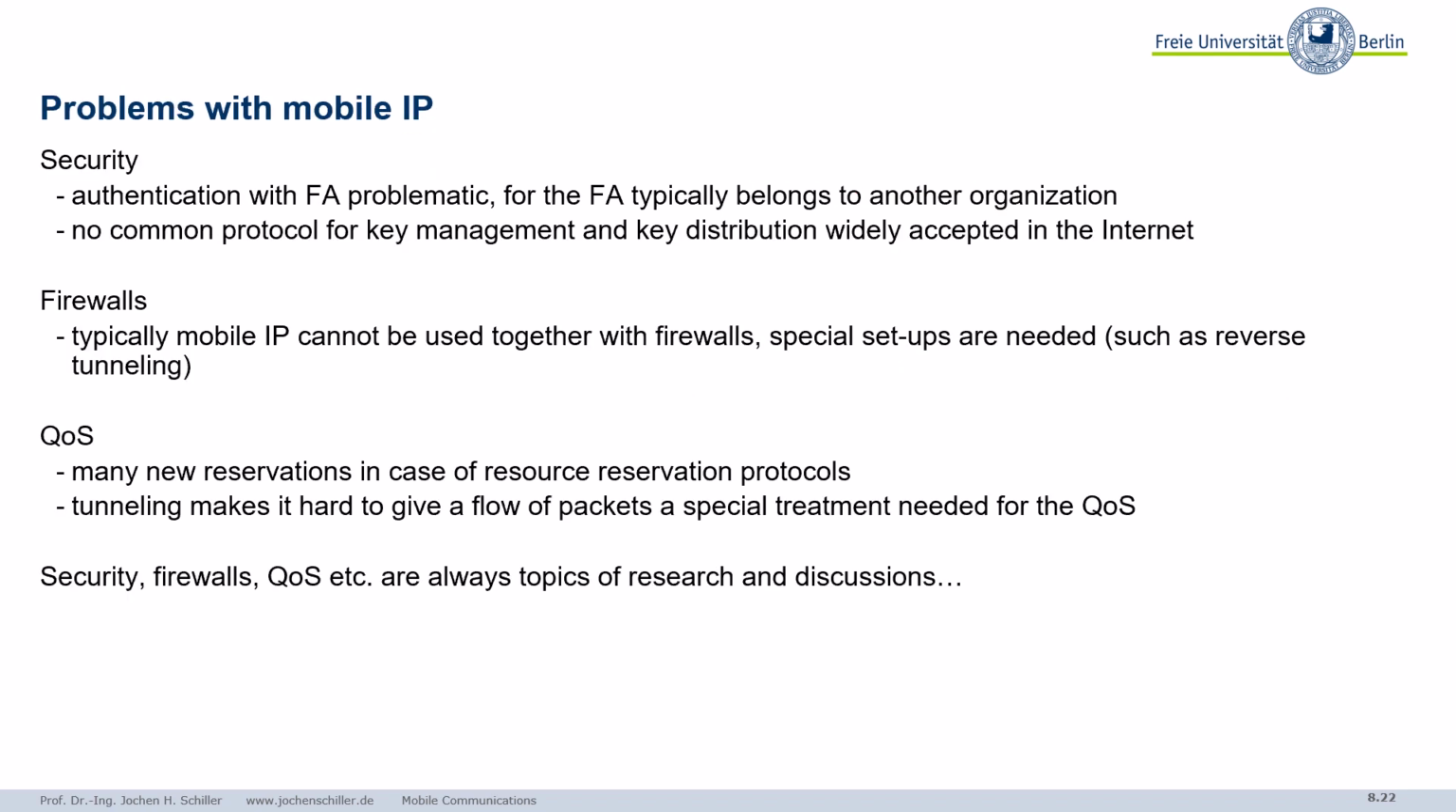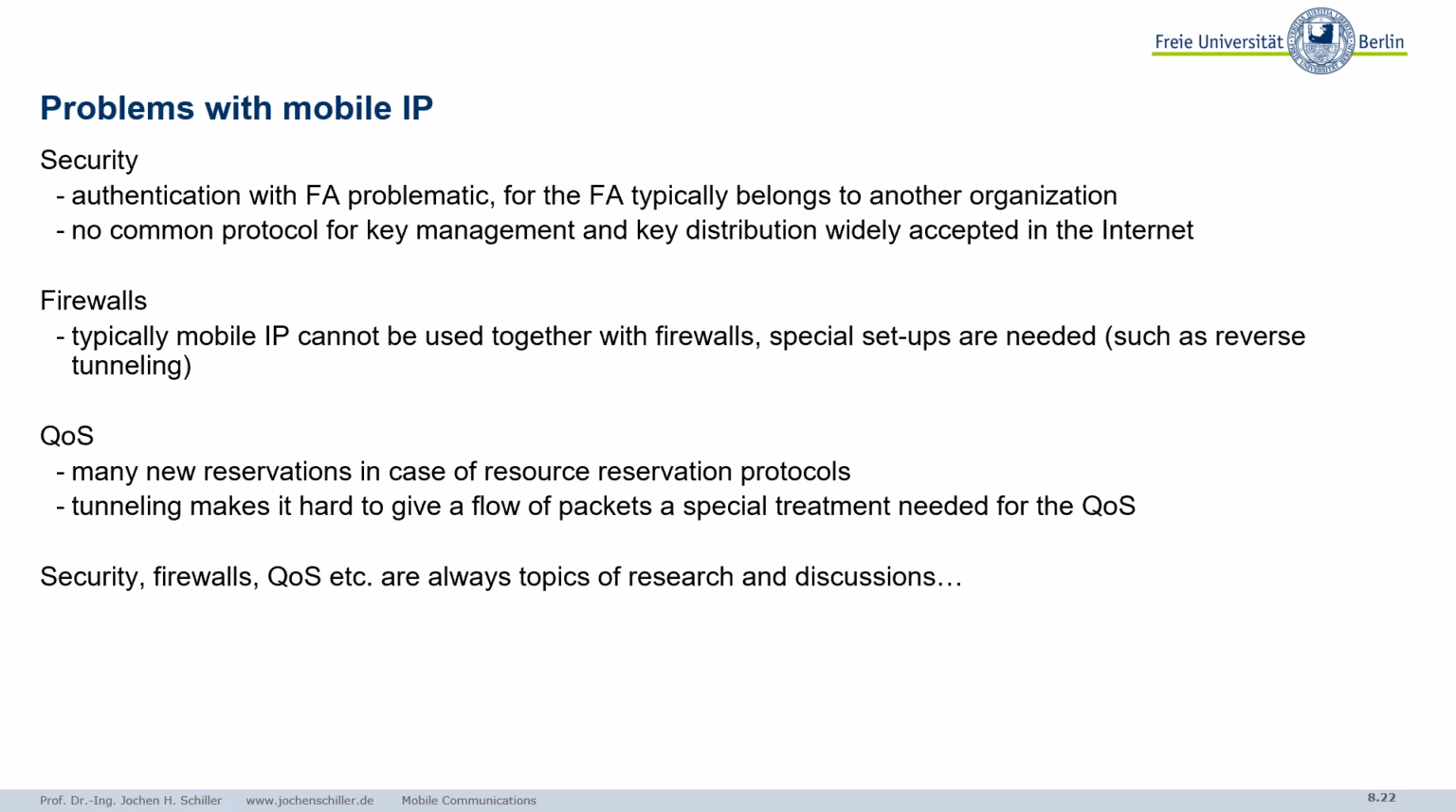So what else do we have? There are some more problems. So security, I already mentioned. Authentication with a foreign agent. The foreign agent belongs to another organization. You move into a network from a different company, different institution. How can you authenticate yourself? Furthermore, there is no common protocol for key management, key distribution that is really widely accepted. We know PKIs, webs of trust, things like this. For email, we could use the TLS certificates, things like this. This could be used, but